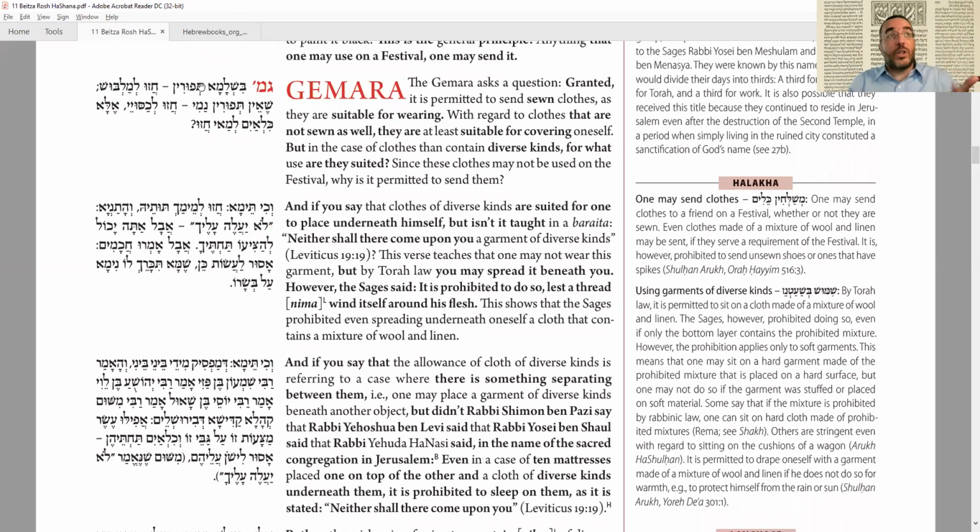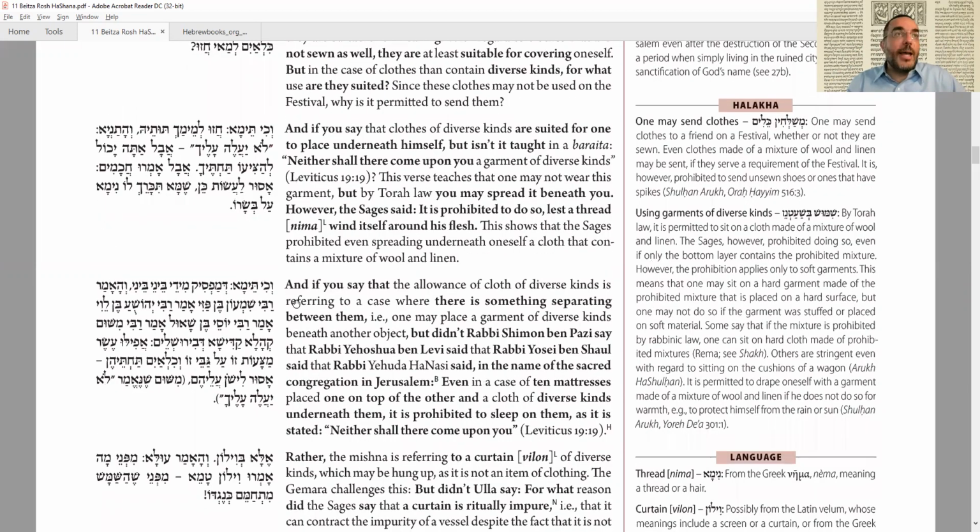So we're still left with the question, why would it be permitted to send someone a cloth of kilayim? And maybe you'll say, oh, there's something separating between them. So I'm wearing my cotton pants, and then on top of that, I have the kilayim, so I'm not touching it. It's not benefiting me. Okay,